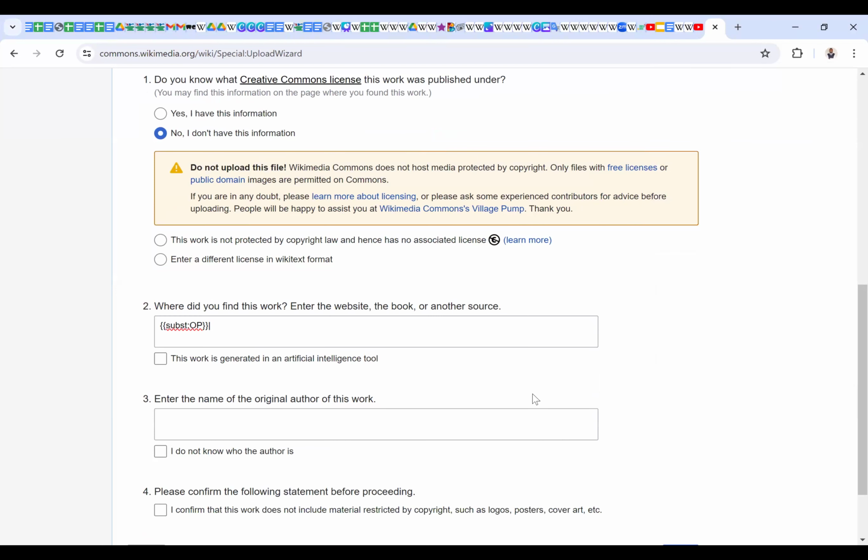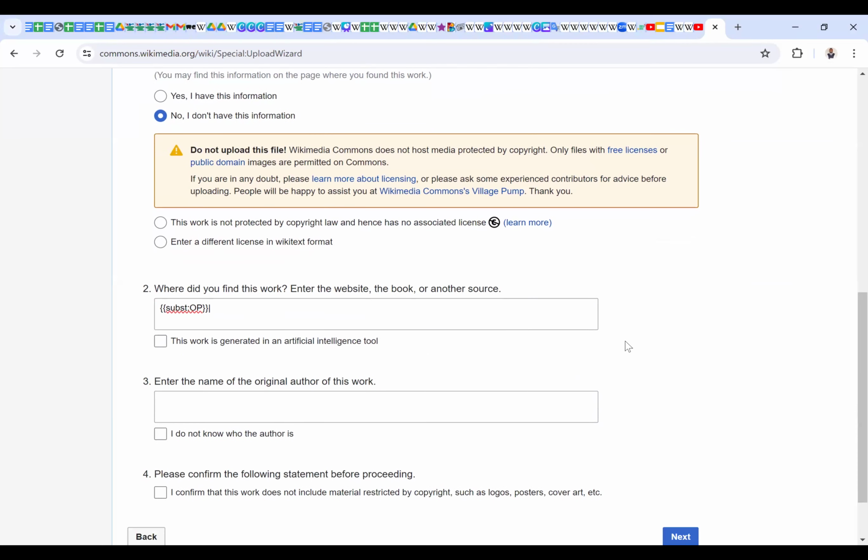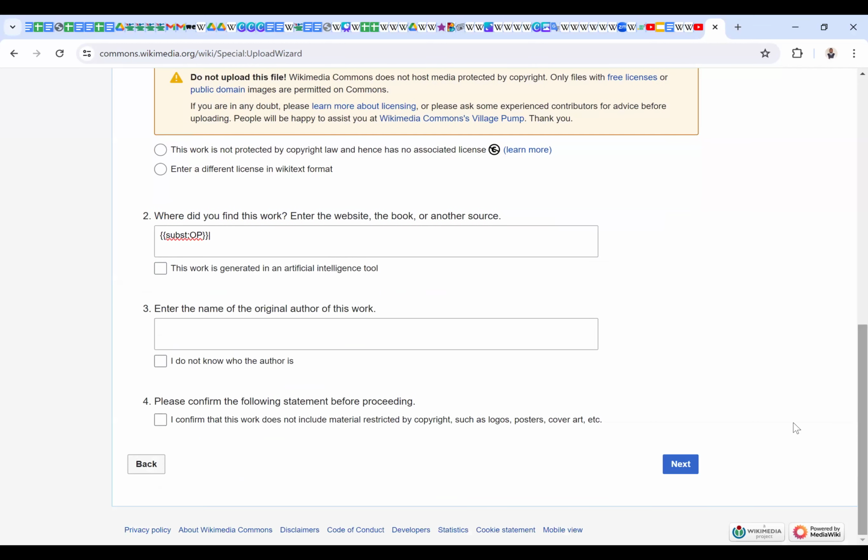I'm sorry. So if also you generated this work using artificial intelligence, you have to check this box, because now AI is a thing, and we on the Wikimedia space are trying to also not be left behind by this Gen Z generation. So on the 3rd, if it's not your work, they will ask you to enter the name